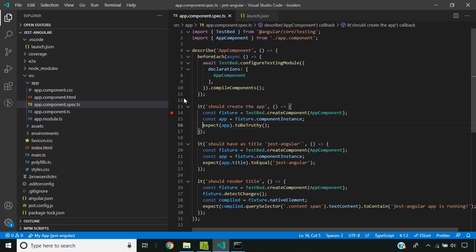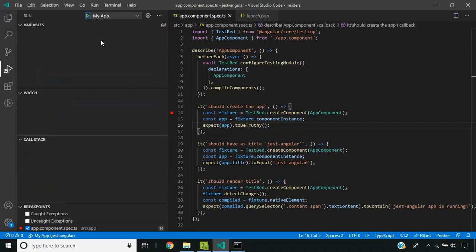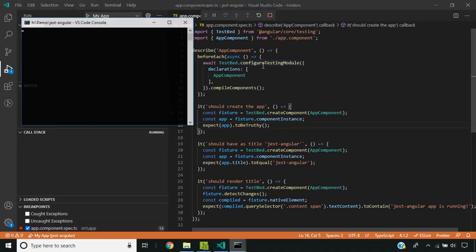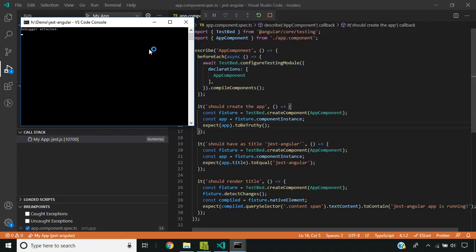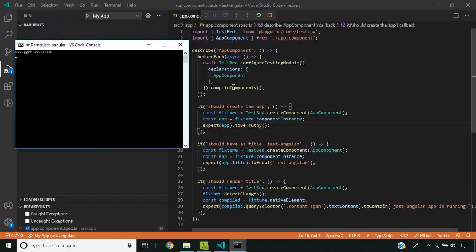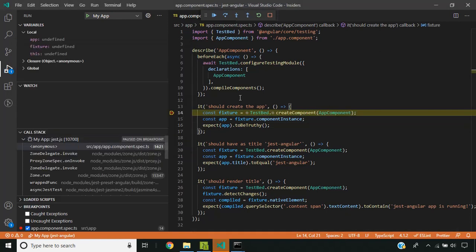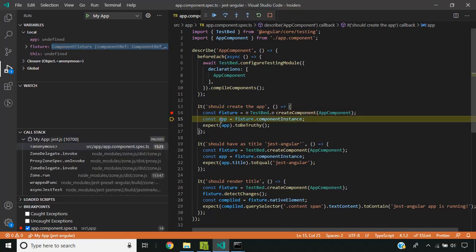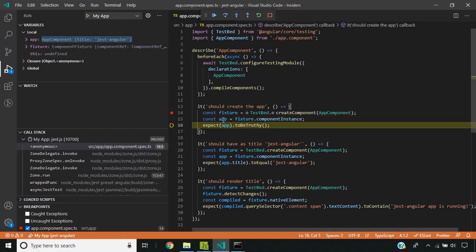Now I have also given a breakpoint here inside our spec file. Now let's go to the debug tab and run it. You can see that an external console window has been opened, and now it will start executing the spec files. It should be hitting the debug point soon. You can see that the debug point has been hit, and now here we can step through the spec file normally, like how you use the Chrome developer tools.